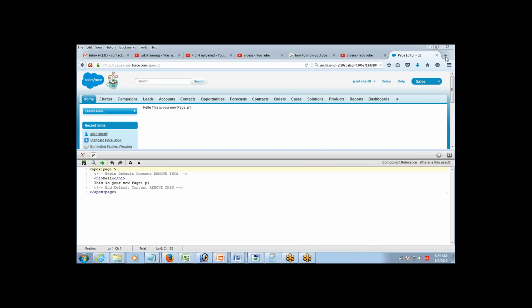Anyways, so basically what the development mode is doing, it gives you this code editor here at the bottom, right? So if you're creating the Visualforce page and if you don't have this code editor here, you will have difficulties creating it. Like now I am able to make some changes. Let's say I just make